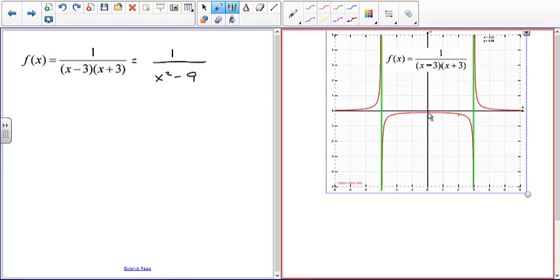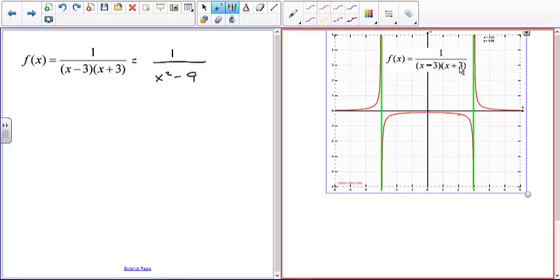So the y value, where the function crosses the y-axis, is going to be negative 1/9, which makes sense. It has to be negative. And then as you proceed from right to left, you're going to, again, approach this vertical asymptote, which means it either has to go that way or this way. Well, it can't go this way because you'd have to cross the x-axis. So I know it goes down